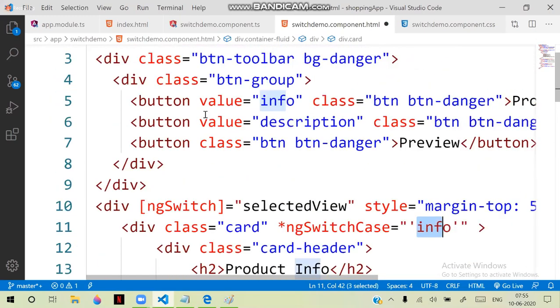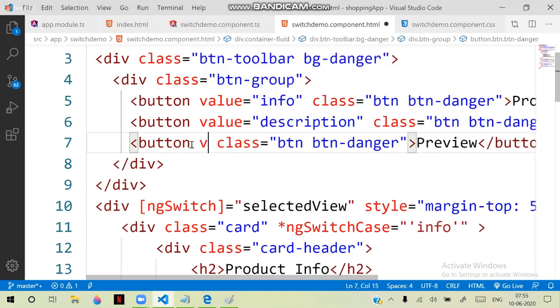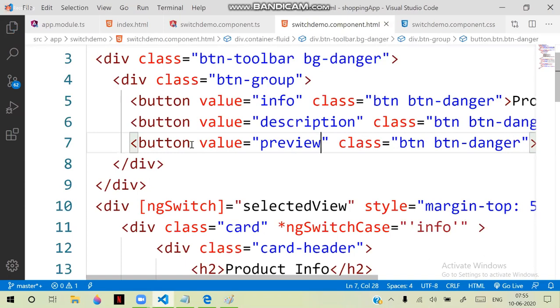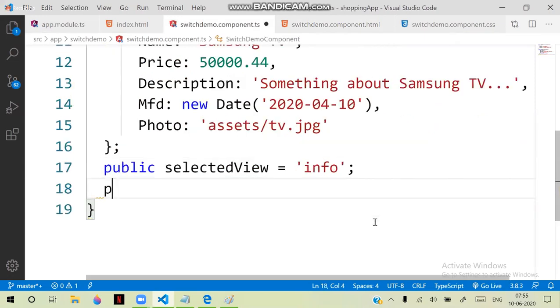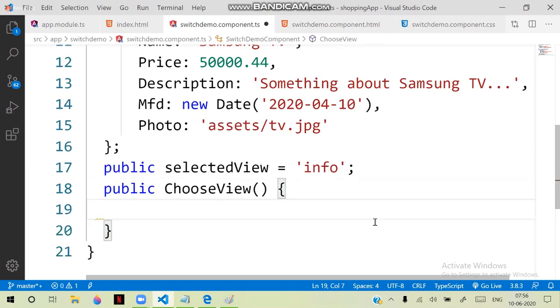So I am using the case values for the buttons, and the last one has the value preview. Okay. When the button is clicked, I need to call a function. Then I will call the function, public choose view. Choose view is a function which will be executed